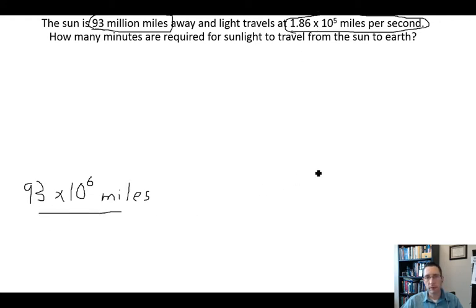All right, so there's one bit of information. The other is 1.86 times 10 to the 5th miles per second. Okay, and this is something you need to get comfortable with, that this per